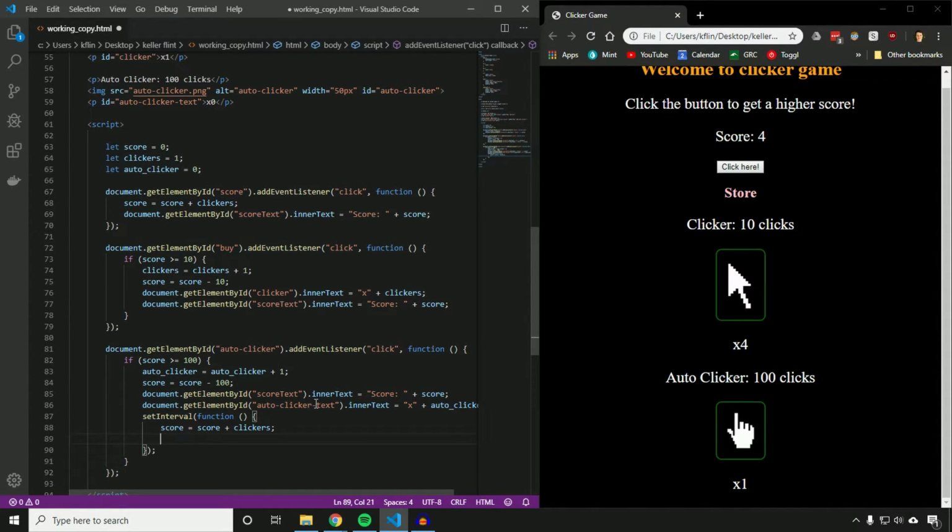So we're also going to say document.getElementById, and then in here we're going to put the score text, and we're going to say .innerText is equal to, and again it's going to be score, just like we have here, and then plus the variable score, whatever our actual score is, the number that the score is. The other thing we need to do to make this setInterval function work is tell it